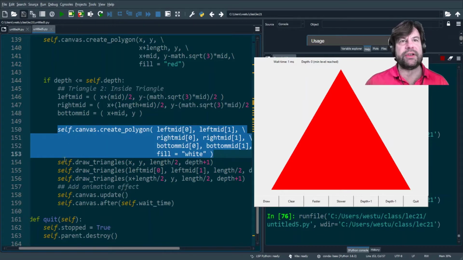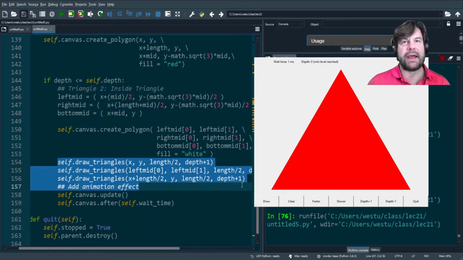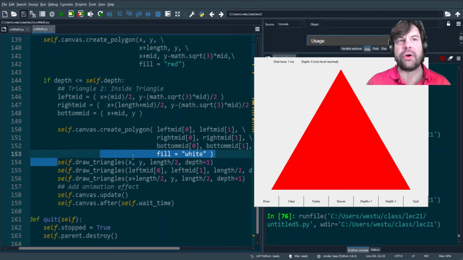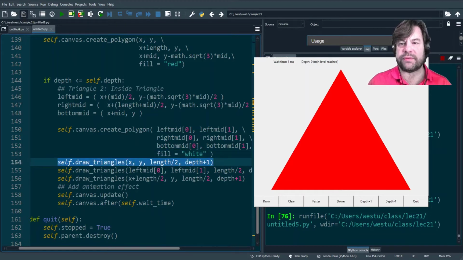And then we proceed to do the draw triangle again on each of, right? If we draw a white triangle in the center here, that's going to create 3 red triangles. So we immediately go and recurse on each one of those upper triangles, or each one of the remaining red triangles. So let's see what happens when we get down to 1. If we increase our depth to 1,